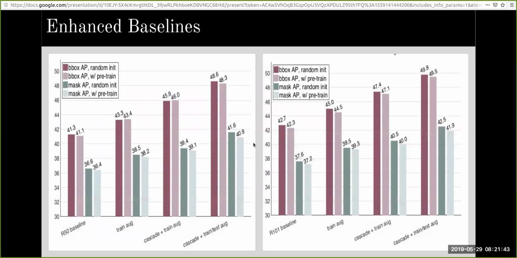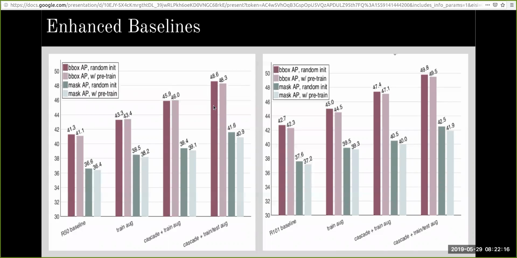So here are two plots. The one on the left is with ResNet 50, and the other one is with ResNet 101. In the fourth enhancement here, where we have cascade RCNNs and both train and test augmentation, we see that the final results of both pre-trained models and the models which are trained from scratch are almost the same.